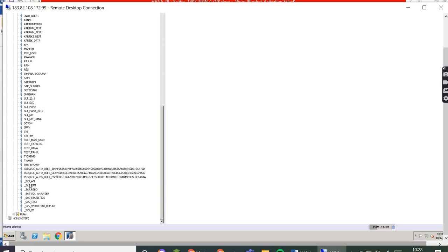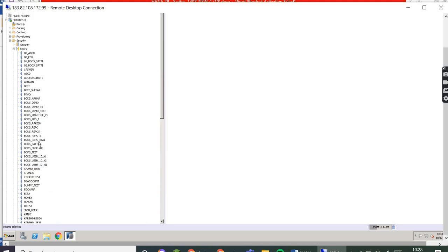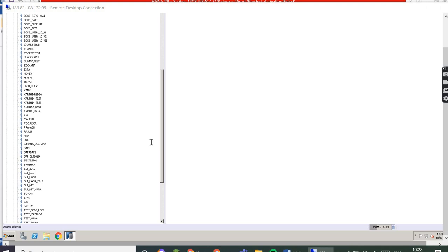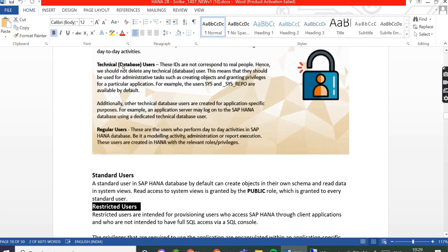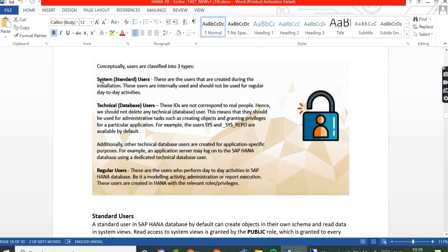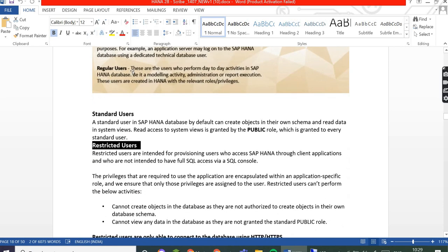So these are the system users. The technical users which we talked about are the ones which start with SYS. And the regular users are the ones which we create using right-click here.